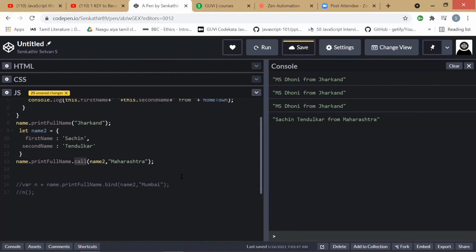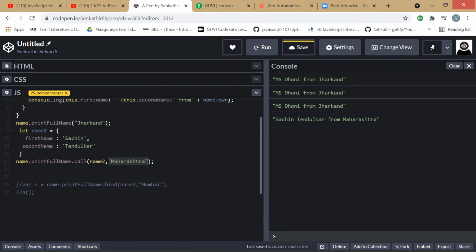Yeah, you completed. So as far as the call method is concerned, this is the call method. Next one is the apply method. In case of apply, the only difference is we will use an array here.